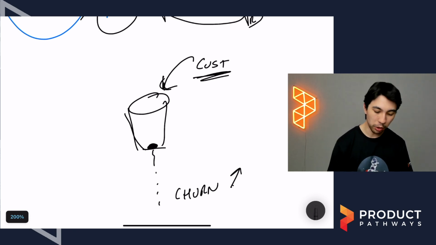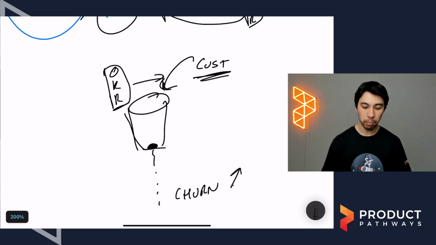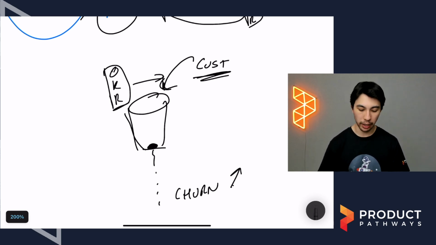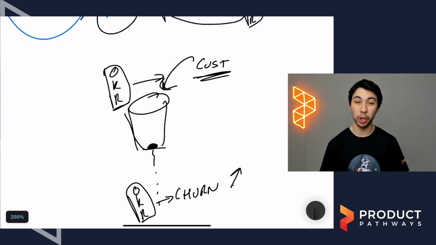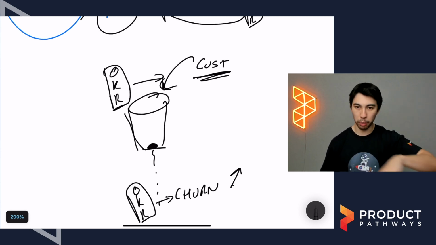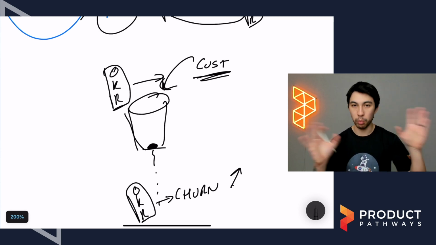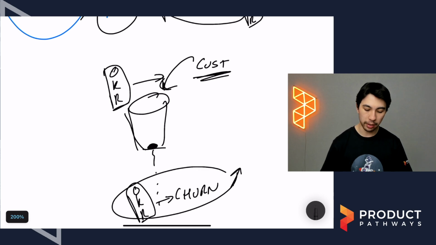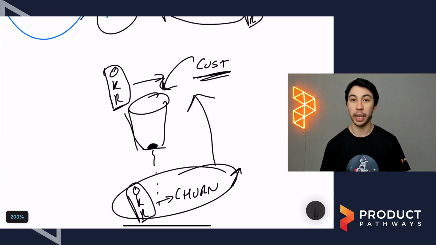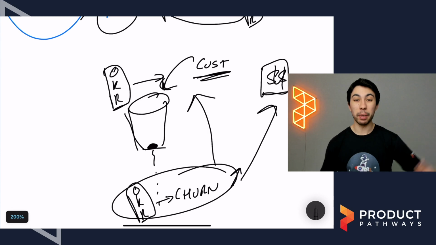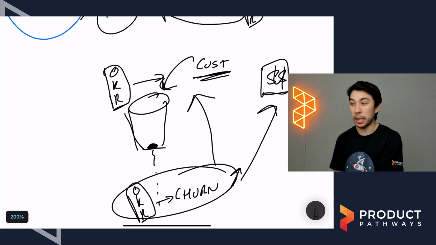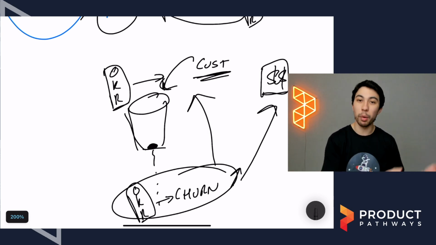So whilst yes, you could set an OKR up here that's all about acquisition numbers, maybe, again, strategy and the context, maybe our OKR actually needs to be down here first. We need to resolve churn. So we might say reduce churn by X%, increase retention by X%, whatever. And then once we've solved that, then we can move on to that acquisition number again. Again, churn still aligns to that growth target, right? We can grow the user base by minimizing churn. We can also grow it by adding more customers.